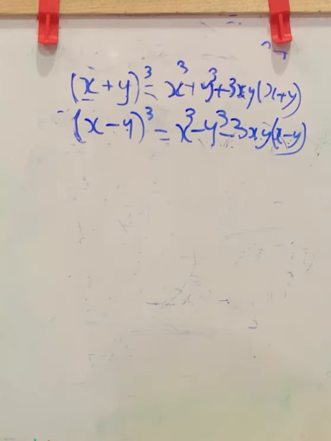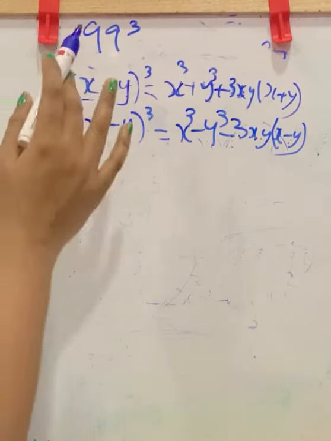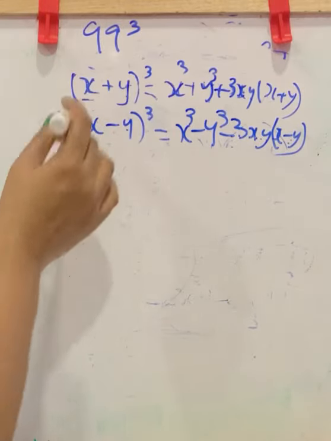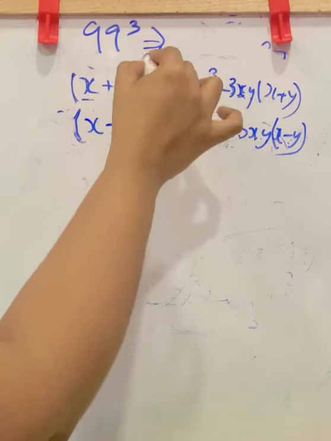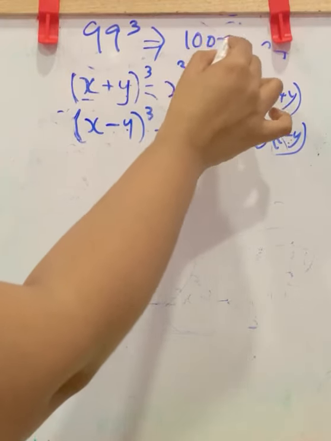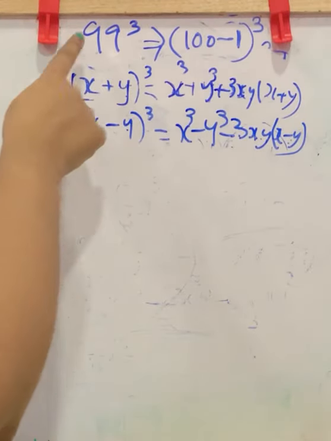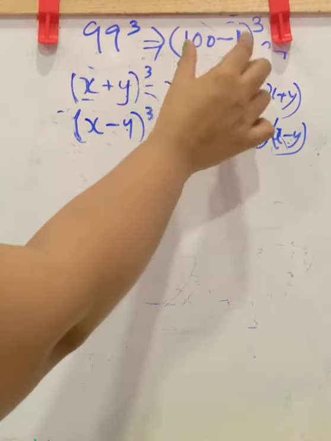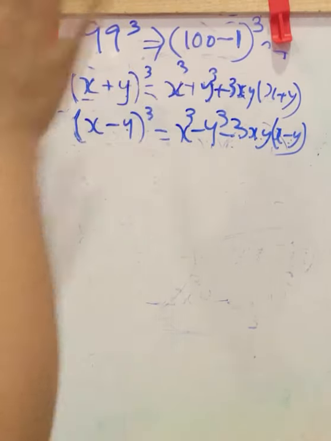Evaluate the following using suitable identities. First one is 99 cube. Here you don't want to take the cube. Instead of that, you can split this 99 and then apply any of these identities. Let us check. How will we get 99? That is 100 minus 1 is 99 whole cube. You can take 90 plus 9 whole cube also, or 98 plus 1 whole cube also, but taking 1 and 0 numbers is more easy for us to do this. That is why I took 100 minus 1.